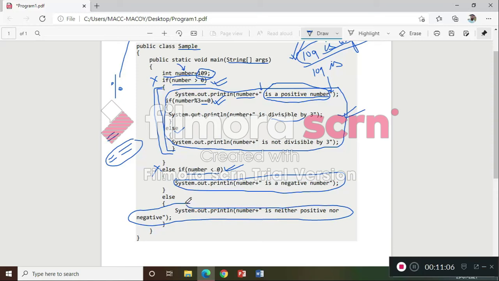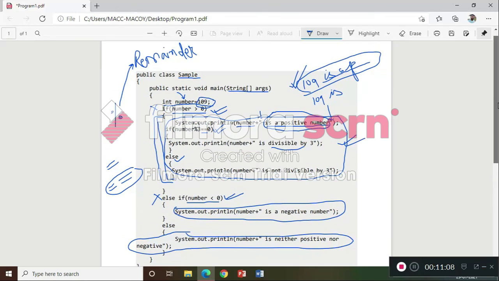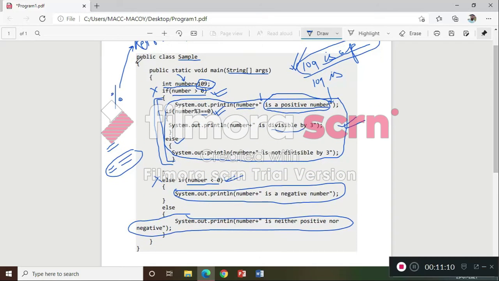Check out, this is the boundary limit of the class. This is the class boundary, opened and closed. This is the boundary limit of the main function, opened and closed. And this part is the boundary limit of else.